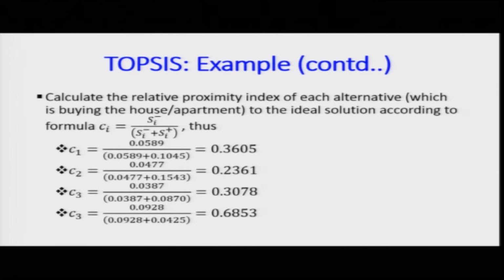Now, here again I repeated one thing I did mention and did draw in the last class, which I will try to highlight once again. I find out the relative proximity index for each alternative, which is that buying of that house, to the ideal solution. So, what is the ideal solution? Whatever I have found, we will find out how close or far it is, and I will basically try to rank them accordingly. If you remember, I mentioned 4 columns. That means, the max case for the positive, min case for the positive, then I do it for the mean case for the negative and max case for the negative.